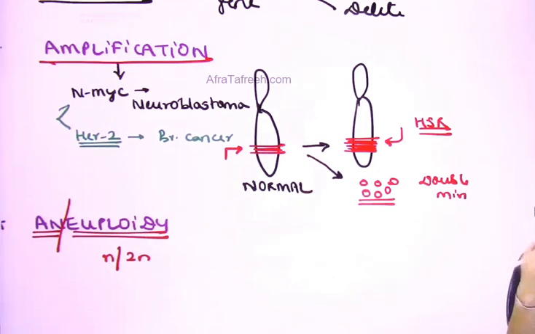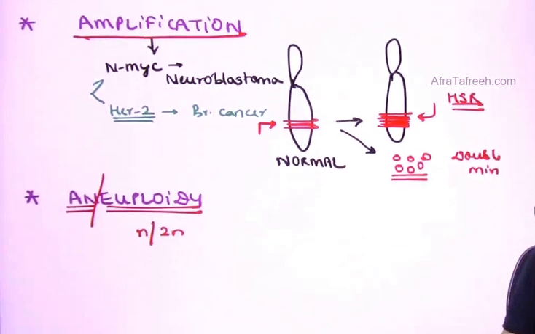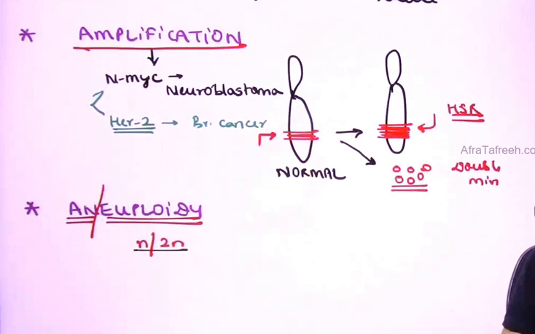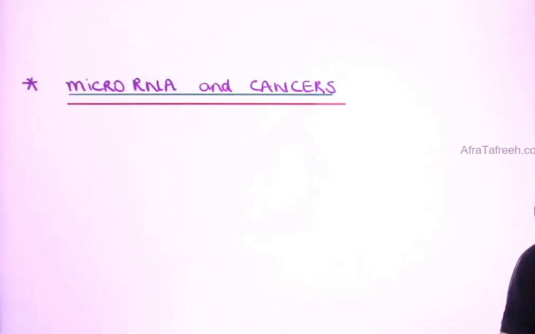Suppose the number of copies is less, and this chromosome which is now absent was having a tumor suppressor gene. So now again the same problem, deficiency of tumor suppressor gene. Now also there can be a high risk of development of cancer. So aneuploidy is associated with the development of different types of cancers. Additionally, we need to be familiar with the concept of microRNAs and cancers. Now microRNAs, that's a burning topic these days. What you need to understand over here is a simple fact.